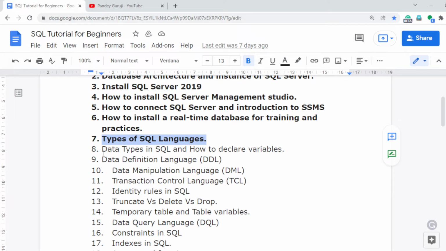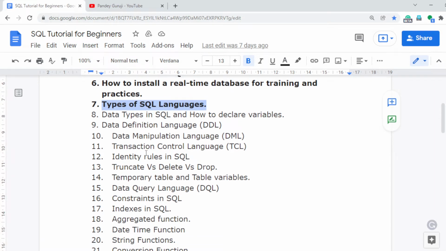Okay, so in session number 8 I will discuss the data types in SQL and how to declare a variable. So what is basically a variable, and how can you work with the different types of data types with the different types of variables. So let's start with this variable declaration. First we learn how many types of data types are available, then I will jump to how you can work with the variable. So what is exactly a data type?